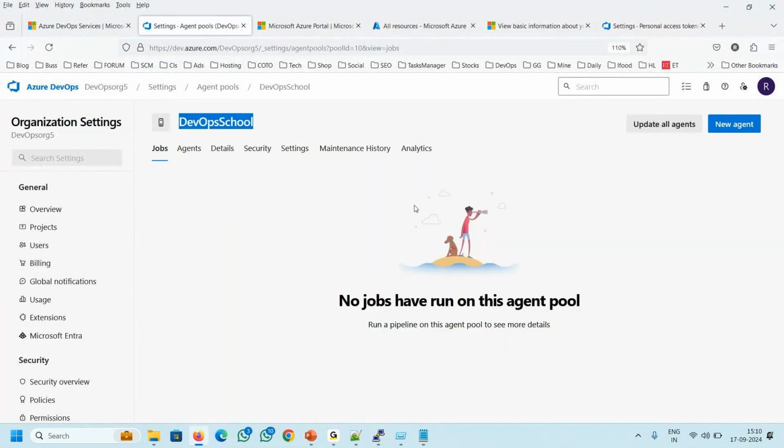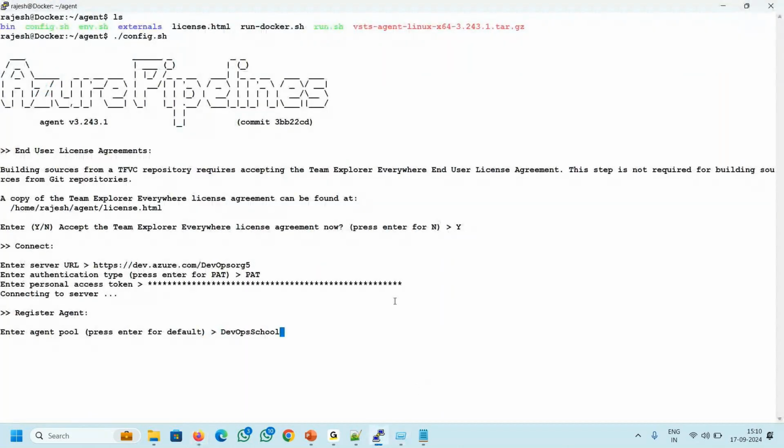So if you do not select this, what will happen? It'll go to the default, but I didn't want you to use the default, so you can use a custom one. So enter DevOps school, enter. What is the agent name? So this is the Ubuntu one. All this you can automate, don't worry about that. Using Ansible, Chef, or an image editor, you can automate it, and it's happening